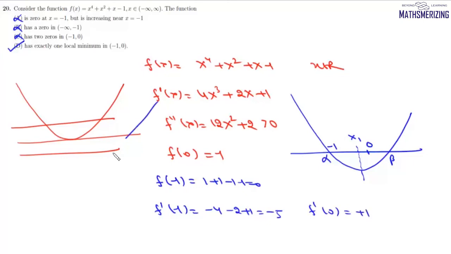Now, since f dash x is continuous, there will be a point in between minus 1 and 0 at which f dash is 0, and suppose that point is x1. Before x1 this value is negative, and after x1 this value is positive. So the sign of the derivative changes from minus to plus. That means at x1 it is a point of local minima. So the answer to this question is, this equation has exactly one local minimum in (minus 1, 0), and that's your